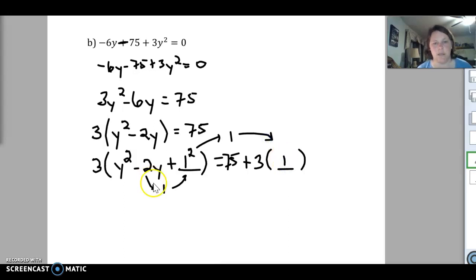Okay. So now we can factor on this left-hand side. We have to keep the grouping there, keep the 3 out in front. So we're going to have y minus 1. So always use that same first sign when we factor. So y minus 1, this number is going to come around here for that 1, squared on the outside of the parentheses is equal to, now we can simplify on this right-hand side, and that's kind of our last step, so we're combining a couple steps here. So 75 plus 3